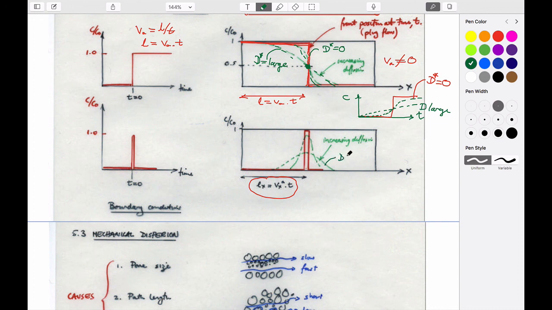This would be D large. This would be D0, D star if you like. And the taller one would be intermediate. And if we just use the same color for this lower one, the residence time distribution would actually mimic that. So concentration, time,